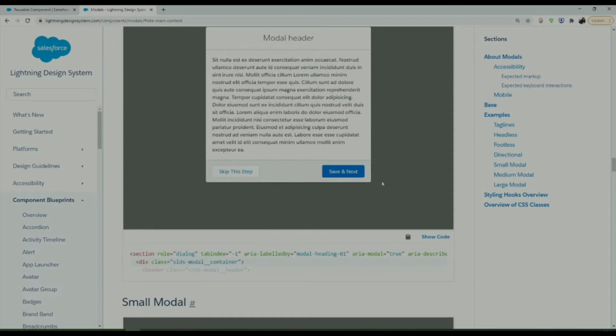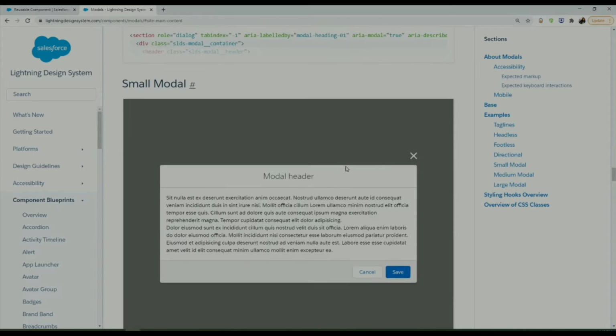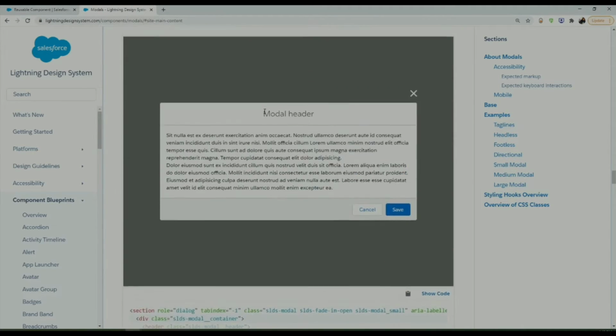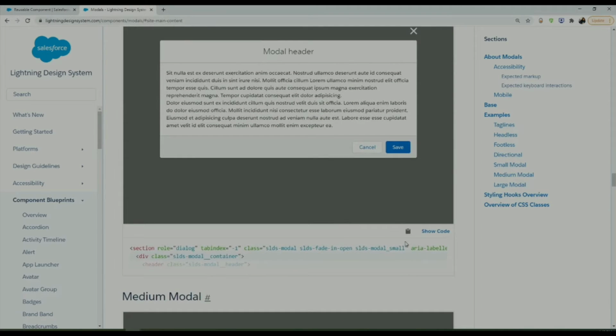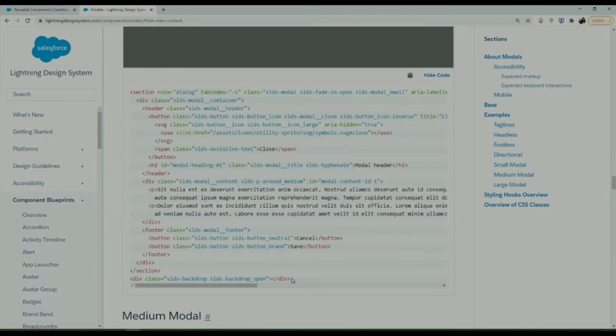So let's copy any of them. I'm copying the directional one. You can copy the small modal as well, so it's up to you. I'll click on show code. I'll copy this code